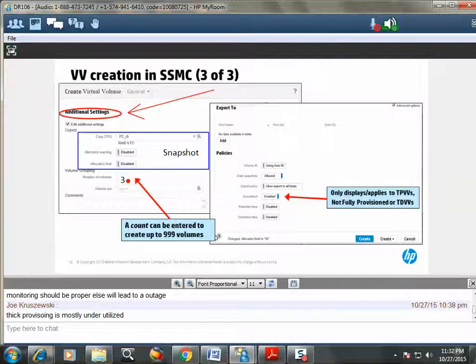So if you do a count greater than 1, and you can do up to 99 volumes as long as you have the space and so on. Remember on my prior screen I said create the volume TPVV_14. Now, if I said here, create 3 volumes, the 3 resulting volume names will be